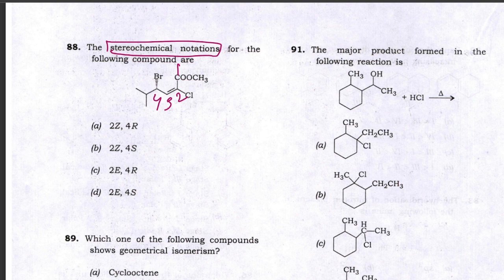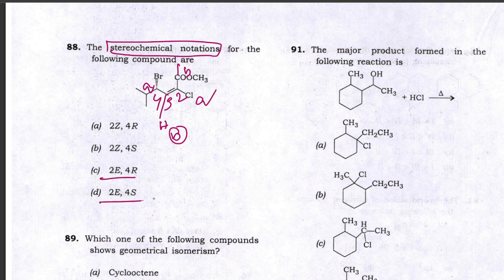Now carbon 2 has a double bond, and that will come with E-Z nomenclature. This is A, this is B, and this is A, and here there is a hydrogen, so this is B. We can see that the A groups are in anti-orientation, in opposite, so that will give you E, so that is 2E.